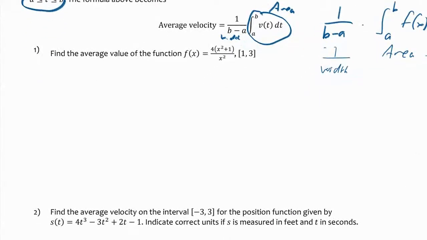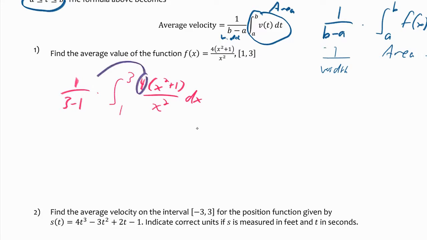So we're going to do a couple of examples and practice this. The average value of this function on the interval from 1 to 3: I do 1 over 3 minus 1 times the integral from 1 to 3 of 4 times x squared plus 1 over x squared dx. The easiest way to deal with this is to take this 4 out as a constant multiplier, and that's 4 divided by 2, so that would be 2 times the integral from 1 to 3, and then I'm just going to divide the x squared into the numerator to get 1 plus x to the negative 2